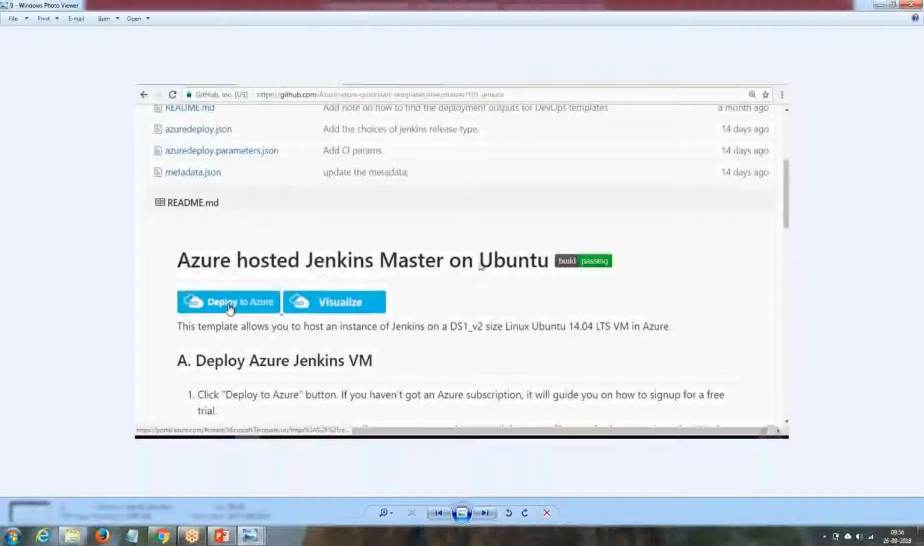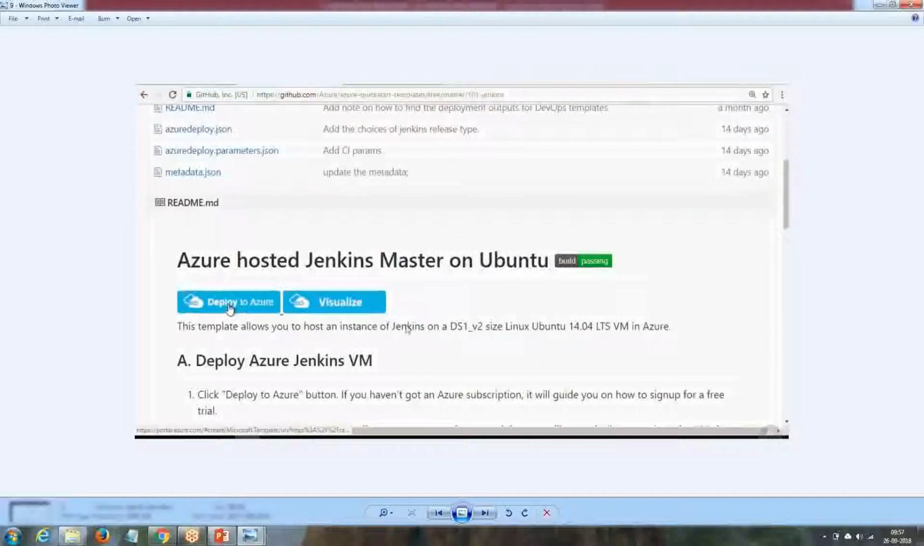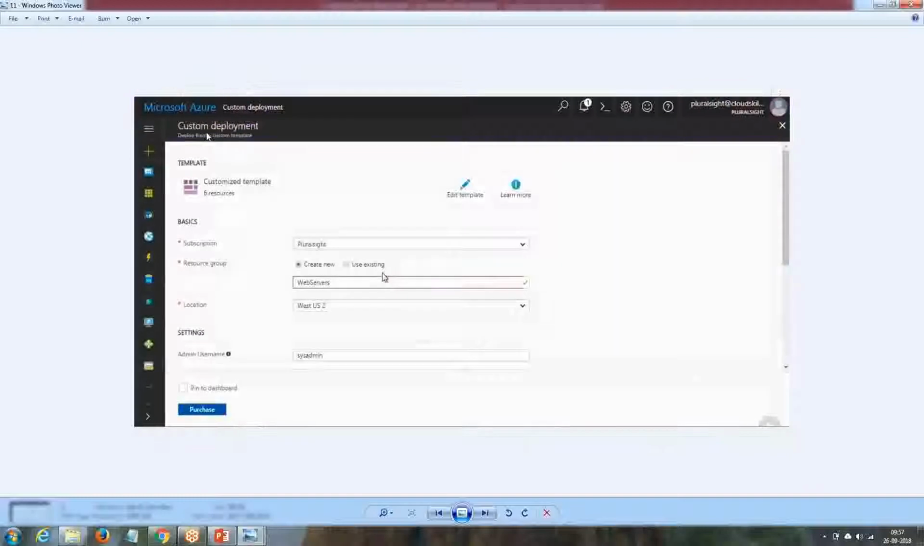Or if you want to go for Ubuntu, this is the Jenkins masters place. If you click visualize, what it will do is show you in an ARM visualizer how your resources are laid out, like a flowchart kind of thing. Okay, and if you click on deploy to Azure, it will take you again to custom deployment where